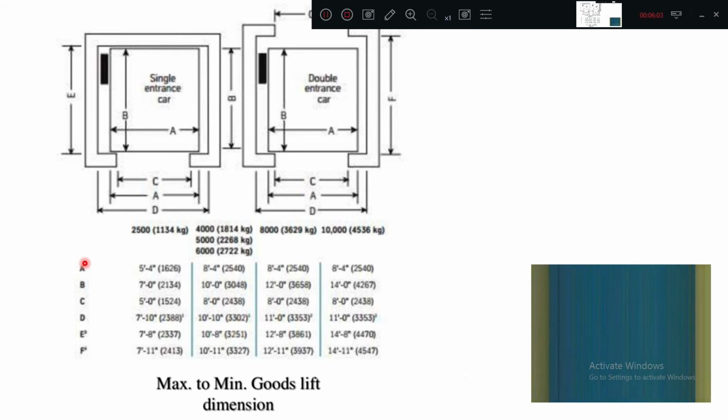So some of the dimensions A, D, C. So okay, so clear entrance, width of the room. Okay, so total inside to inside wall clearance. Like this you have the multiple dimensions. So these are the standard ones given for different load carrying capacity. So these you try to remember roughly the values. Don't exactly go, you can at least say for lower weight it will range from 1.6 to 1.7, but for higher one it is 2.5 to 2.6.